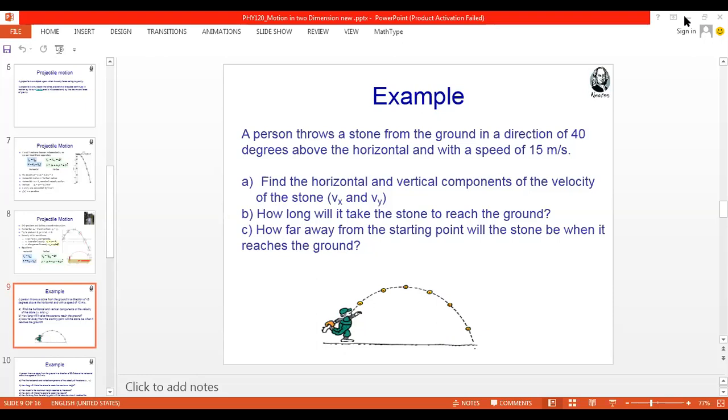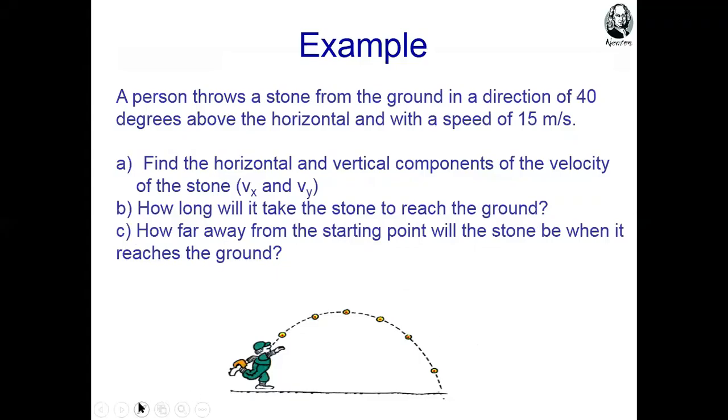Let me share another example with you. It was only the second part. So what is in the third part? Can you see? The third part was: how far away from the starting point will the stone be when it reaches the ground? You know, this wants the horizontal distance from the starting point to the end point. This is also called the range of the projectile. Horizontal distance covered by a body or projectile is its range.